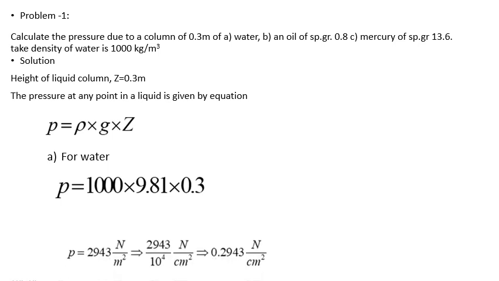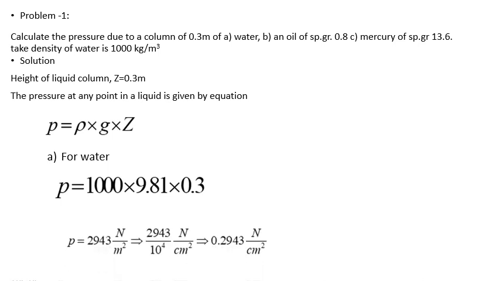So the pressure at that point for the 0.3 meter column is 2943 Newton per meter square, or 0.2943 Newton per centimeter square. So this is the solution for the first case of this numerical, for water filled in a column of